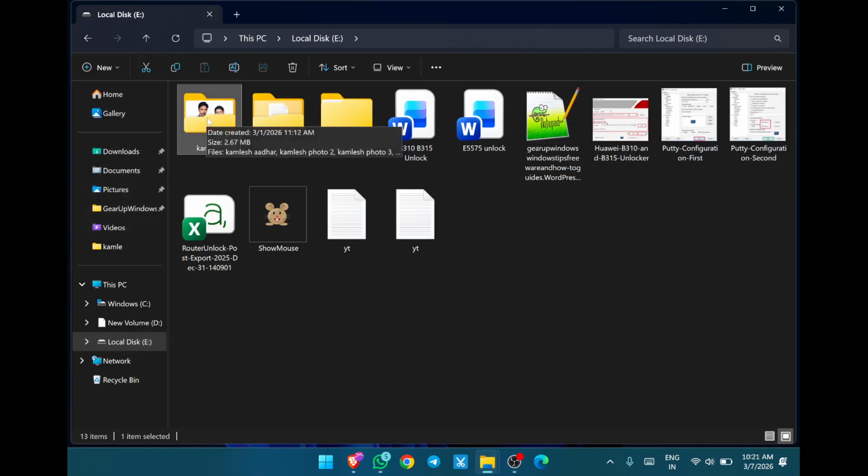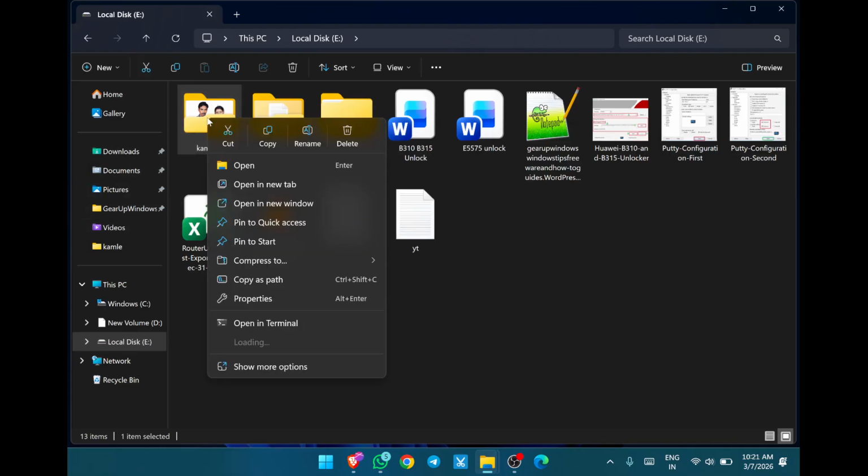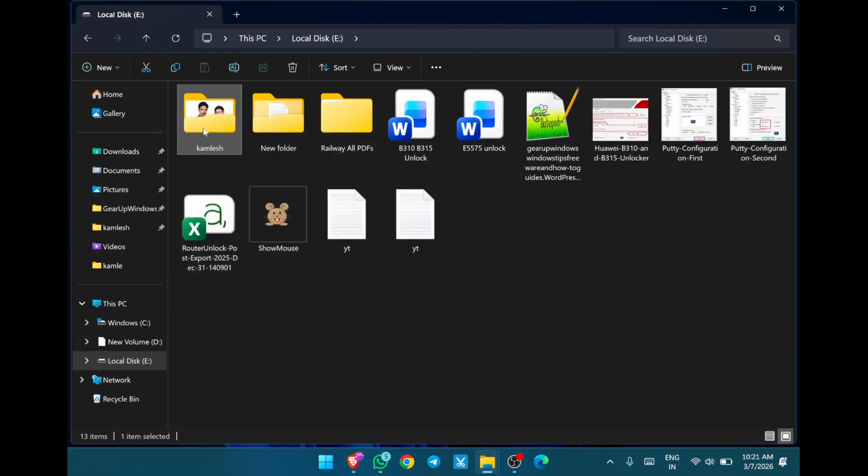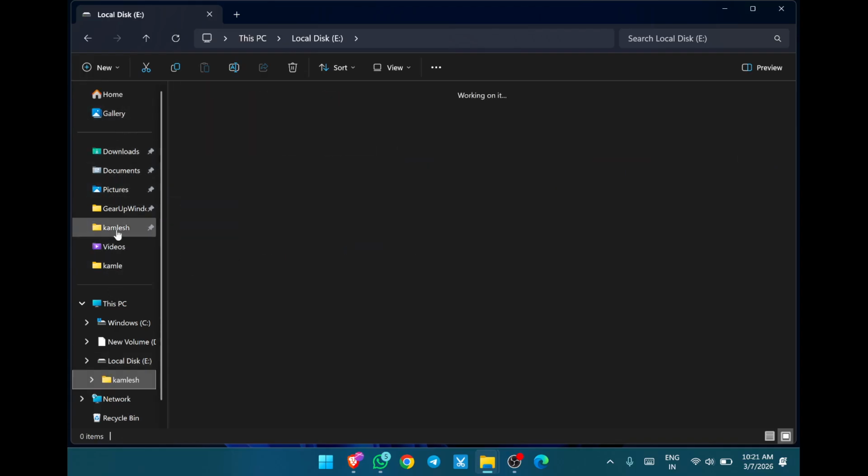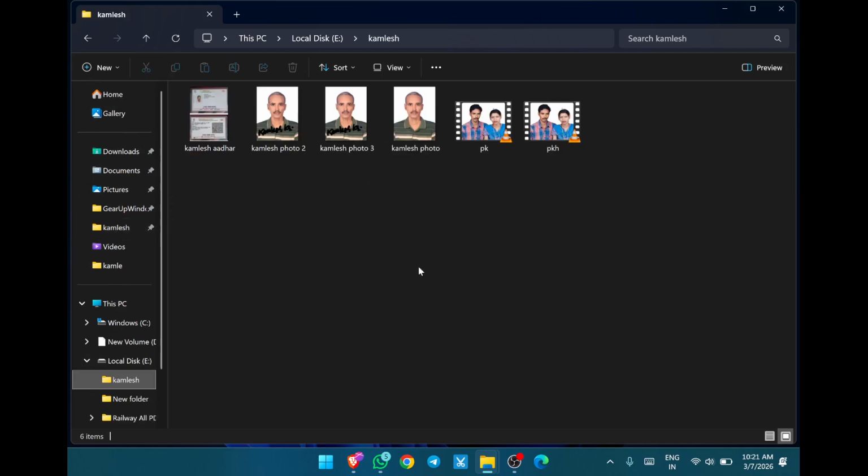So you need to select the folder, then right click on it, and then here choose pin to quick access. Now that particular folder will be available for quick access in the File Explorer navigation pane. Simply click on that folder to open its contents,